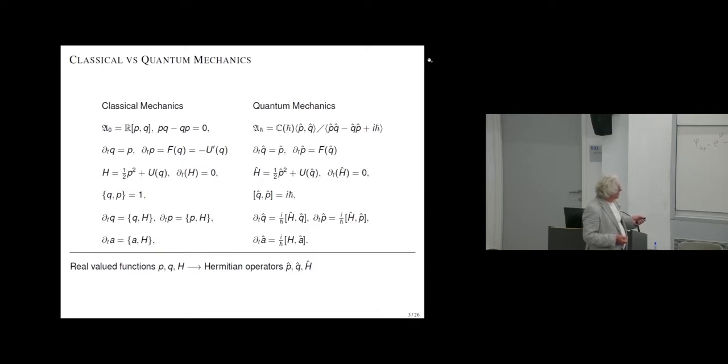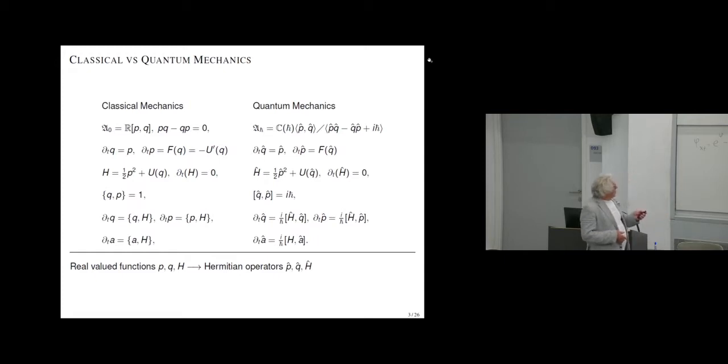We have the Newton equation, with the second derivative of Q being the force, and we have a first integral. The first integral is constant in time. We can equip this with a Poisson bracket between P and Q equal to 1. I will not define Poisson brackets in detail. Then the equation can be written in Hamilton form, and any variable which depends on P and Q can be differentiated in time just by taking the Poisson bracket with H, which is the first integral.